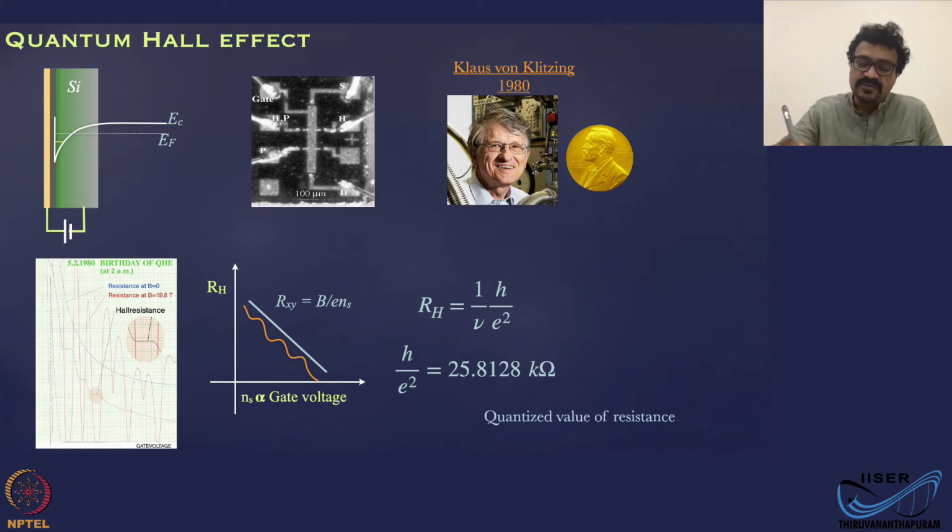Okay, so when you apply voltage onto the gate and you have a silicon substrate, it's a MOSFET, you're going to create a thin accumulation layer which looks like a quantum well, actually a triangular shaped quantum well at the interface. You have charge carriers here. This is the low energy region for electrons. Your Fermi level is somewhere here, and you have a triangular well, and the width of the well is such that you have only one quantum level populated below the Fermi level. That is actually a two-dimensional system